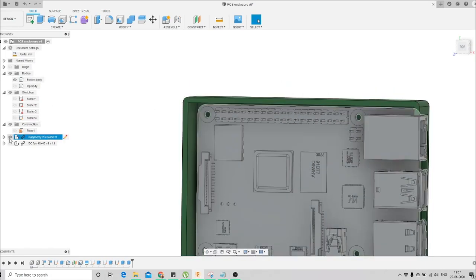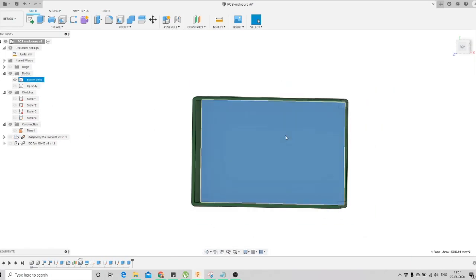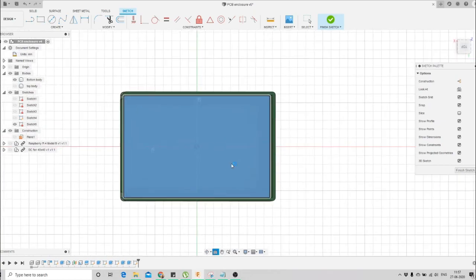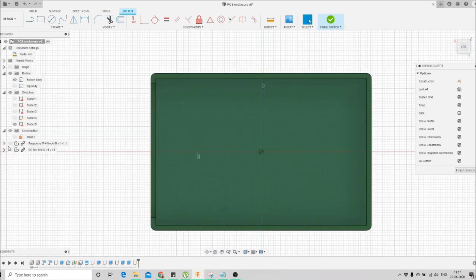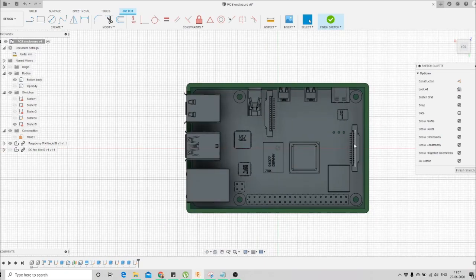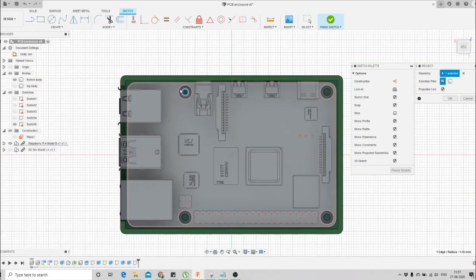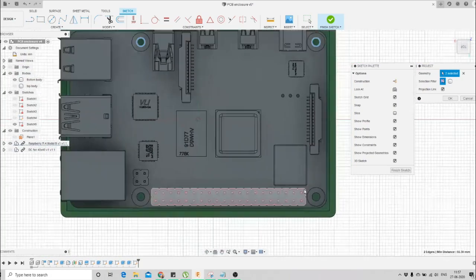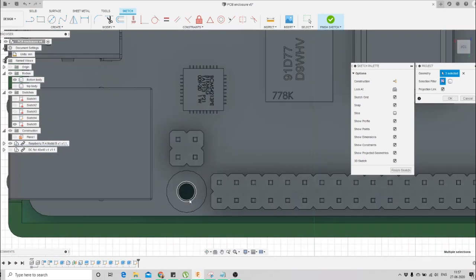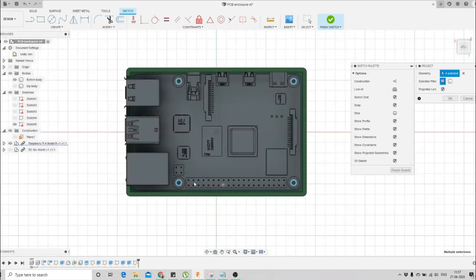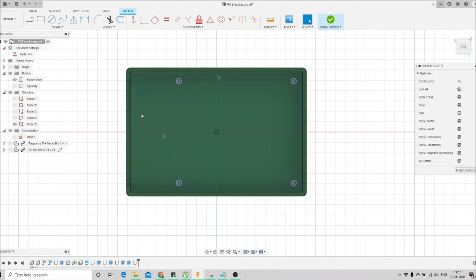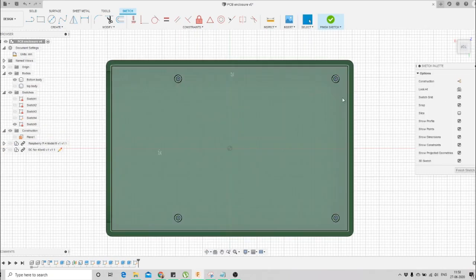To do so, we'll turn off the Raspberry Pi. We'll select this plane on which we want to make the mounting, and click on create sketch. Then we'll go normal to that plane. So here we are normal to that plane. Then again the same process. We'll turn on our PCB, and then we'll go to project, and we'll project these whole positions on the bottom body face that we had selected to create a sketch. I had selected all the four, here you can see the sketches. Then we'll press OK, and we'll turn off the Raspberry Pi. So here you can see I have 4 sketches on the bottom body.